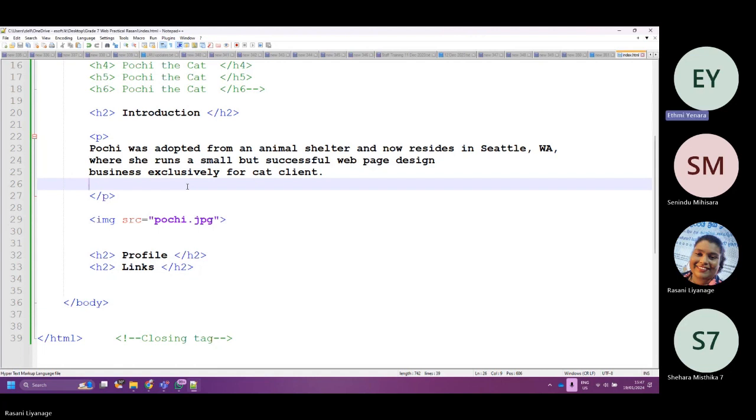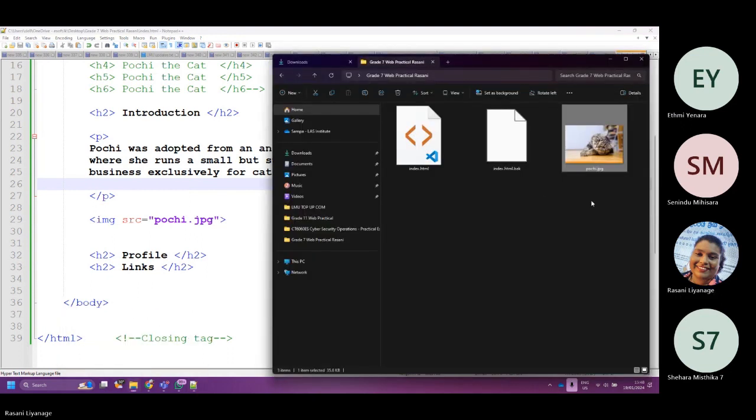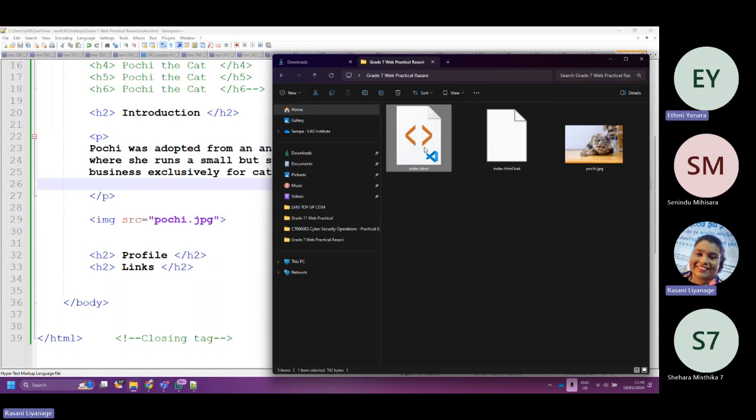Excuse me, teacher. Yes. I am having the same error. I entered pochi.jpg, but it doesn't appear on the website. So usually, son, if the web page and the image are not in the same folder, we get this big error.